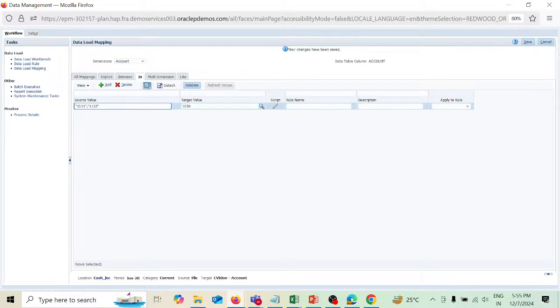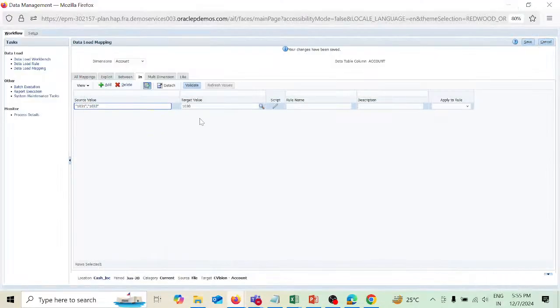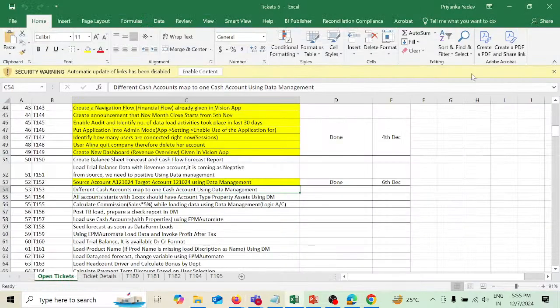Okay, so this is 1031, 1032. This I want to map it to this, because here the ticket says different cash account mapped to one cash account. So for the second ticket we have to provide this mapping. Okay, so for these two accounts I am taking, I have done the different mapping over there,